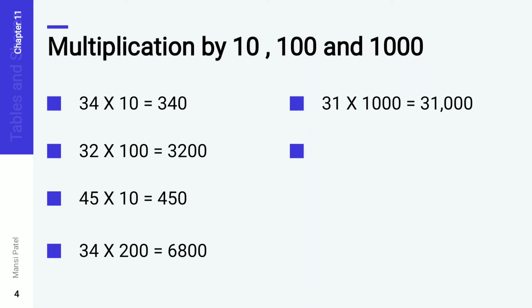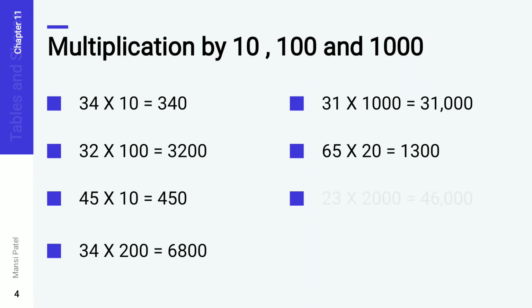Now the next one, that is 65 multiplied by 20. Now see here, first you have to do the multiplication of 65 and 2. 65 twos are 130. And in a 20, how many zeros are there? One zero is there. So write down only one zero after 130. So we can say that 65 twenties are 1300.